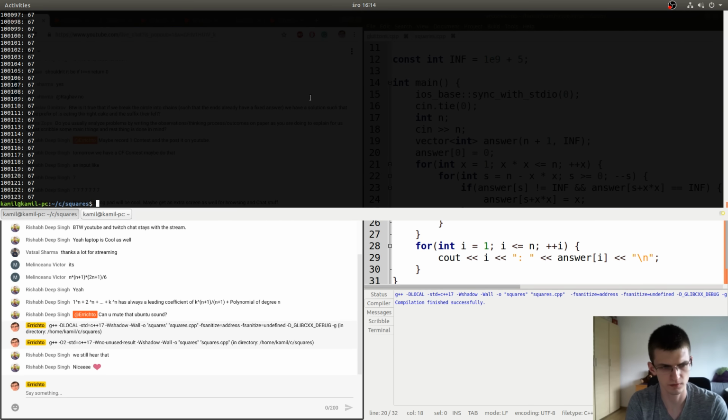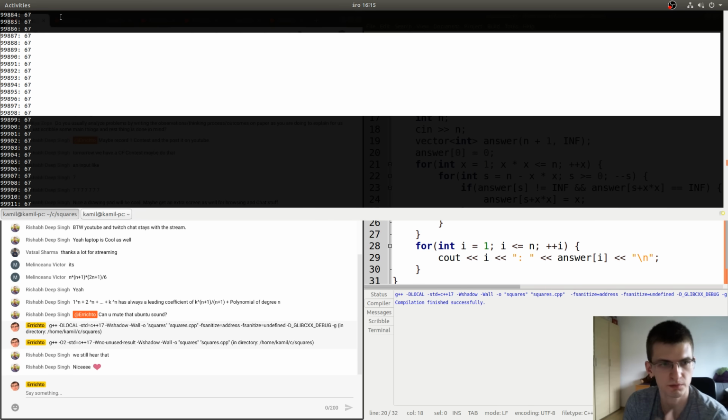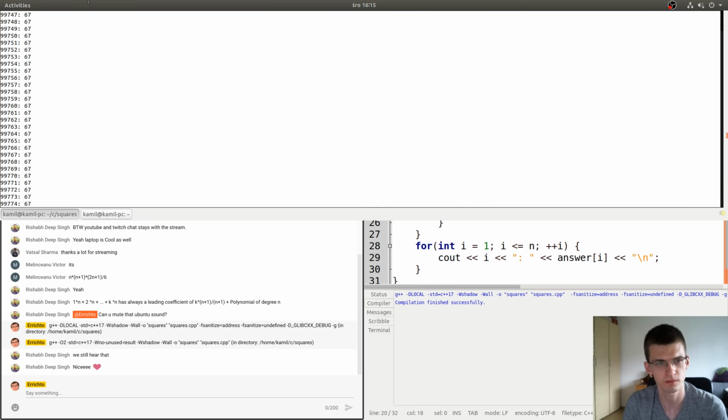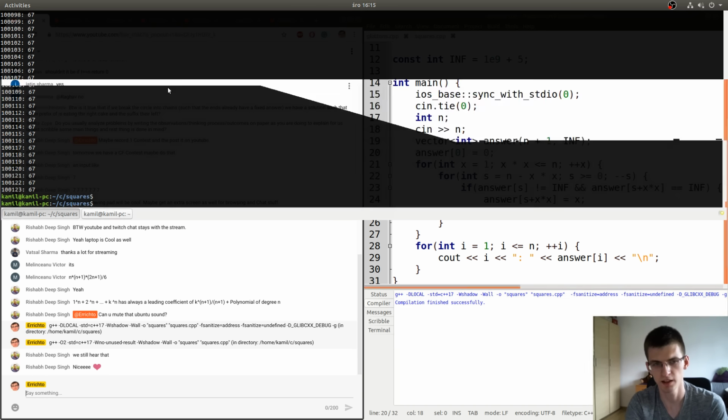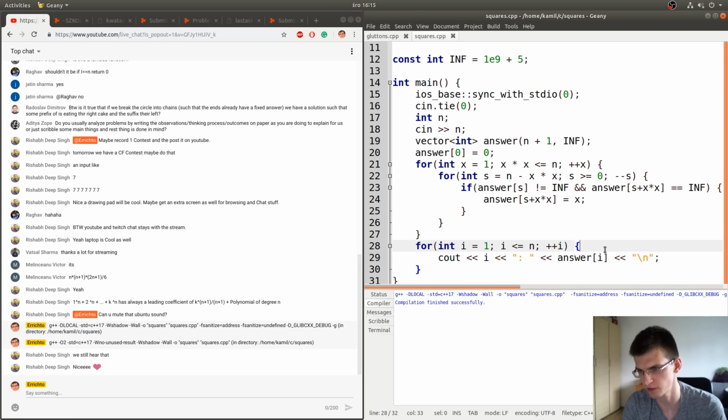So let's run it for some big value. And for big value, we see something interesting, because many values are the same. So we have 67 for a long time. For a very long time. Let's print that in a better format.